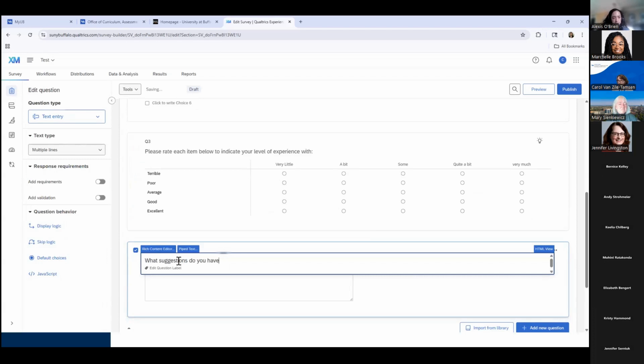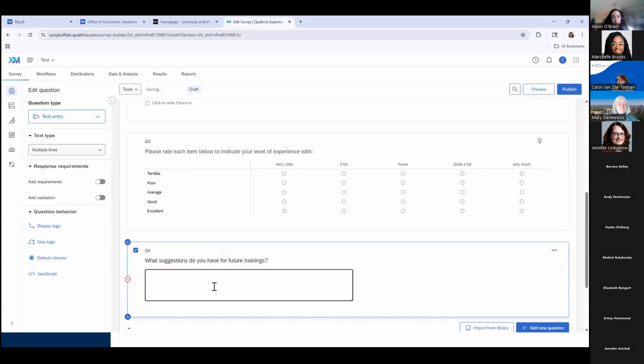Right, again, my typing in front of people is horrible. So what suggestions do you have for future trainings? And then you see that they have this box that they can type in. Now,